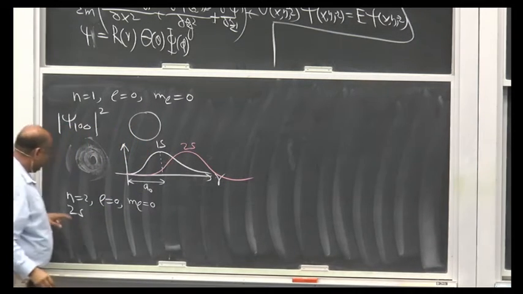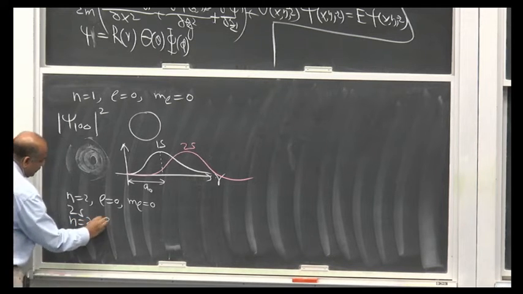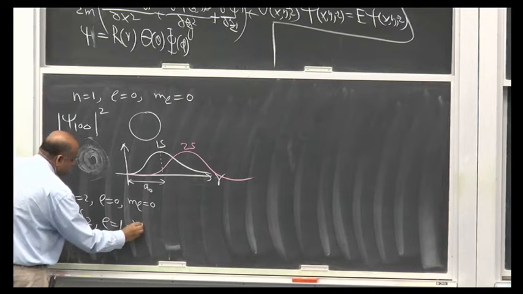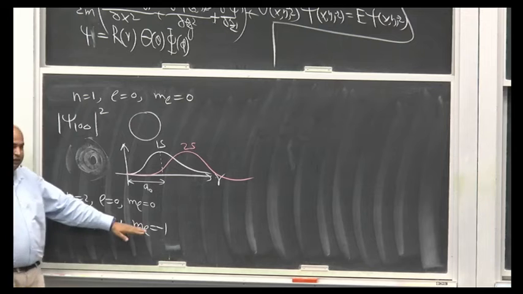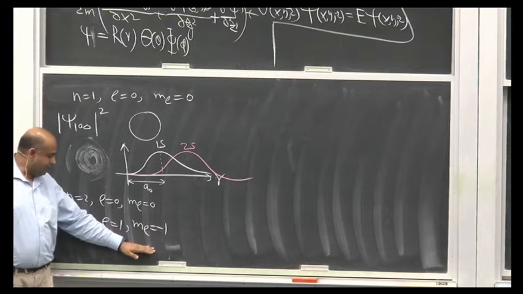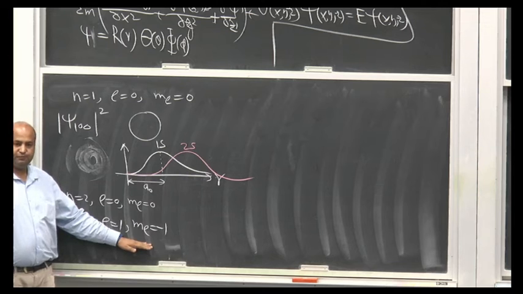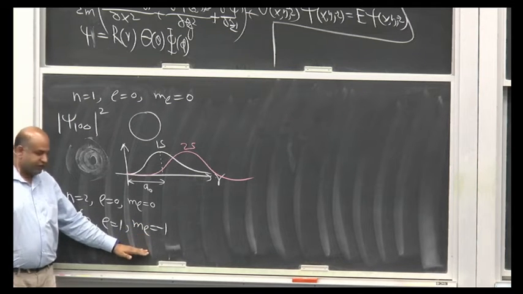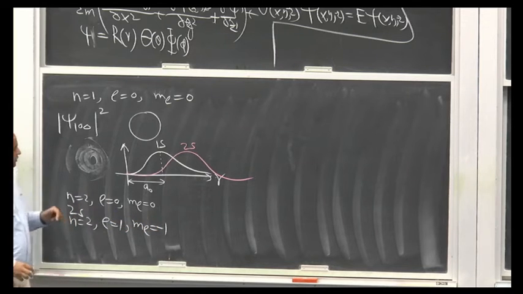So this is the 2s probability distribution. And similarly, if you talk about n=2 with l=1, ml can be -1, ml can be 0, ml can be 1. So these are all called p orbitals. The only difference between these three is that when ml is -1, the angular distribution is such that